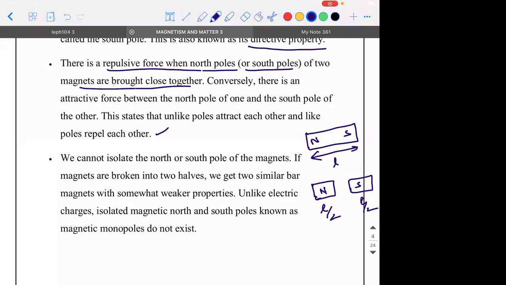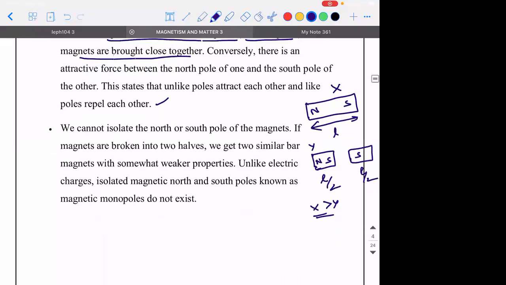Magnetism always exists as a dipole, unlike electric charges, where you can have an isolated positive charge and an isolated negative charge, which are also technically called monopoles. You cannot have something like that in magnetism. What will happen is the smaller portion will also behave like a magnet, which has both the poles. But if this has a strength X and this has a strength Y, then X is definitely greater than Y. This means when you break it into smaller pieces, the magnetic strength of that material will decrease. But it doesn't mean it is going to act like a monopole.